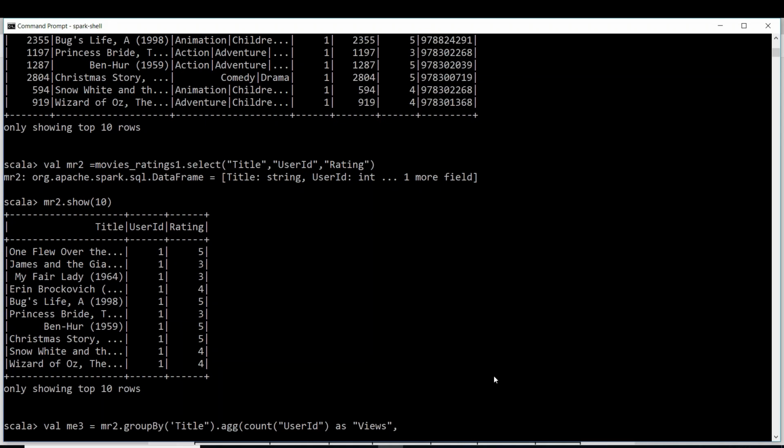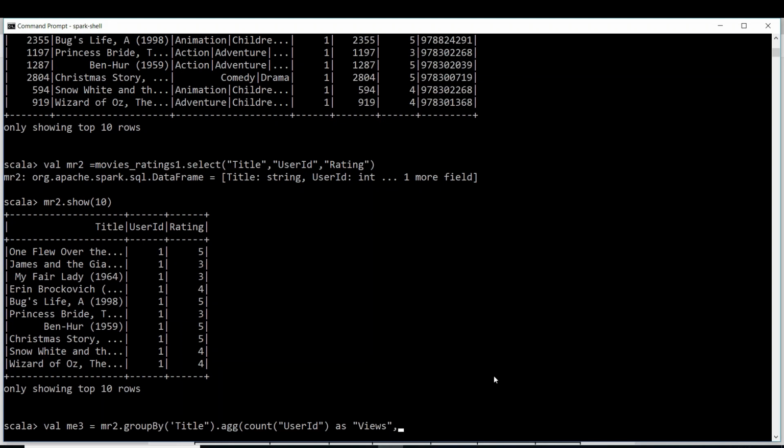2 only. Is it 10? No, 2 only. Average rating is the sum of ratings divided by the number of counts: 2 plus 2 plus 2, 20, divided by, sorry, not by 2, by 10. The number of people is 10. So 20 divided by 10 will be equal to 2.